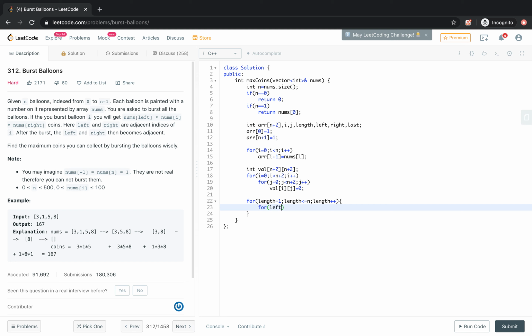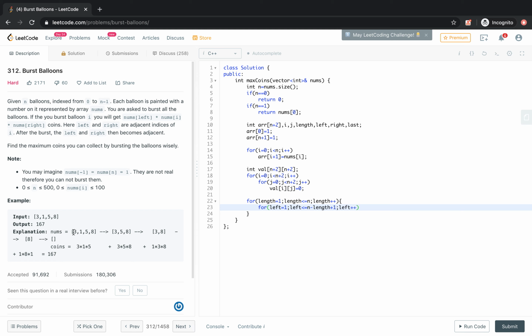So left is basically the first index of the sub array, so it can go until n minus length plus 1.